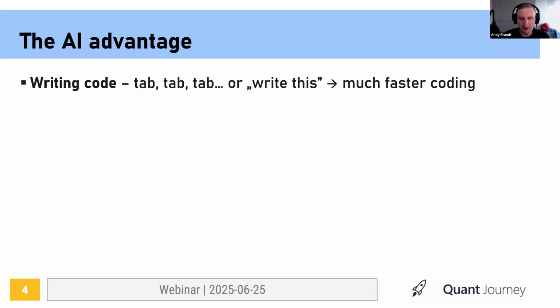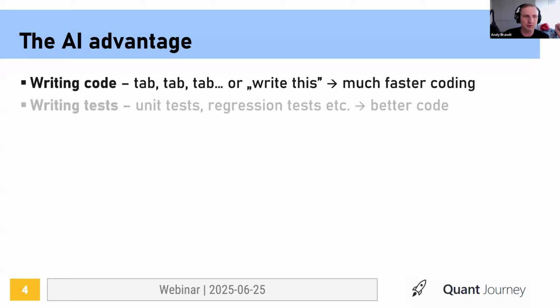And now we have Cursor, we have Windsurf, and we can say write this and it will write it. But another very interesting feature is what I call tab. You can make a change, even a small change, like changing the way you are calling a library or changing some parameters. And then you can just tab to the next places where that thing is. And the IDE will know that this is what you want to change and will help you change that consistently throughout the file. And it will do it intelligently. It's much more intelligent than just doing search replace. So it speeds up a lot.